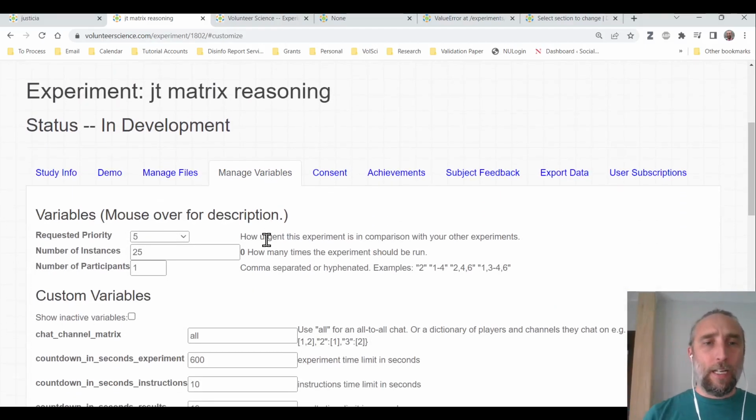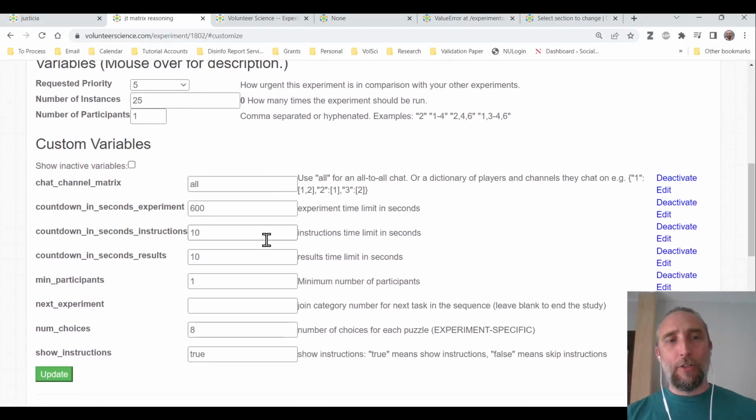First, let me walk you through the variables. The first variable is this chat channel matrix. So this defines who gets to talk to who during the process of working on these matrix problems. By default, we're set to all, which means there's one chat room where everybody gets to talk to one another. If you want to, you can specify a specific kind of chat network by adding in this dictionary of